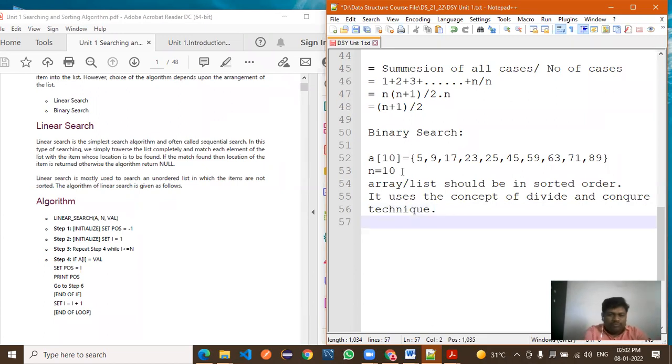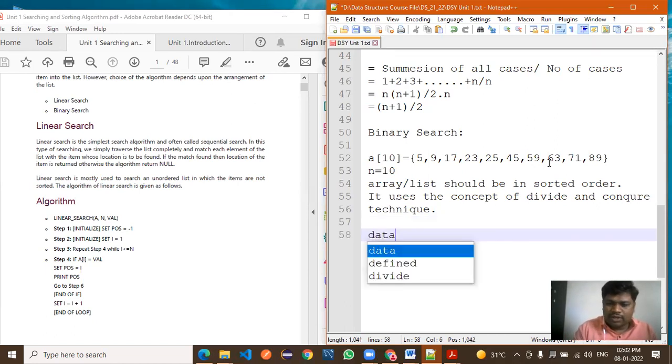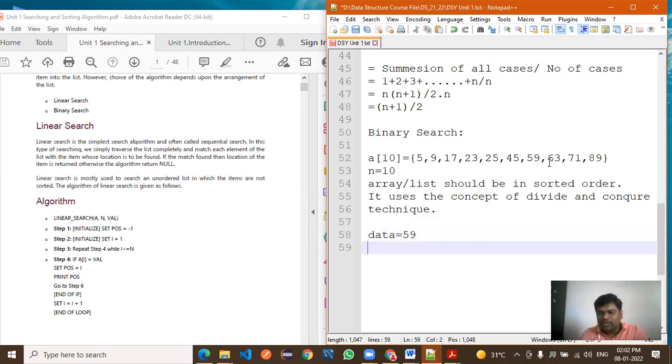It uses the concept of divide and conquer technique, right? Now, suppose I want to search an element in the binary search. Data equal to what you want to search? So 59 I want to search. So what are you doing?